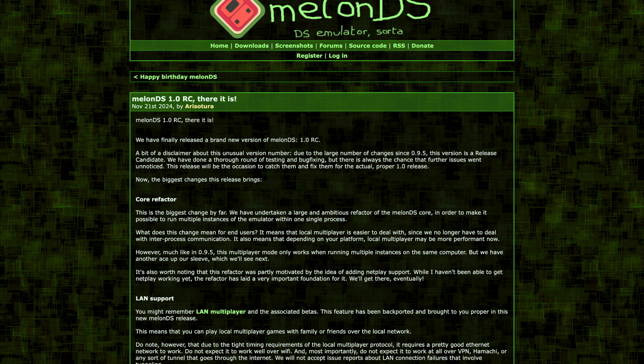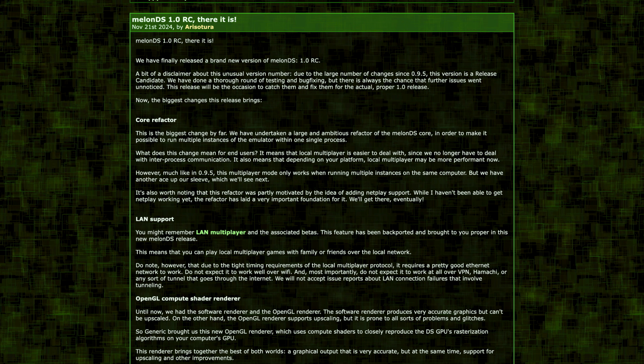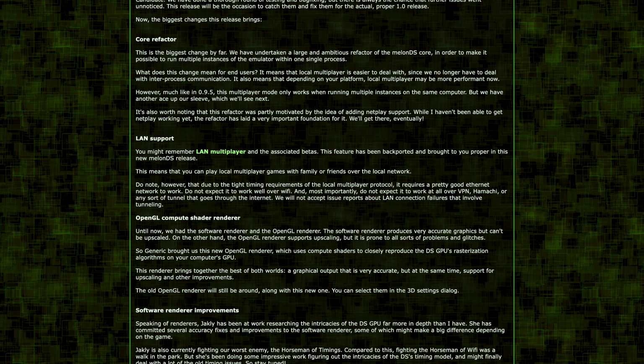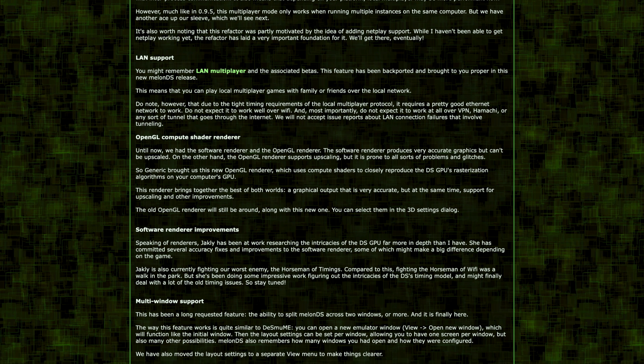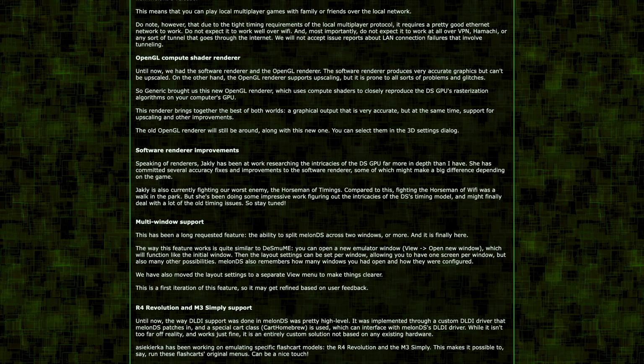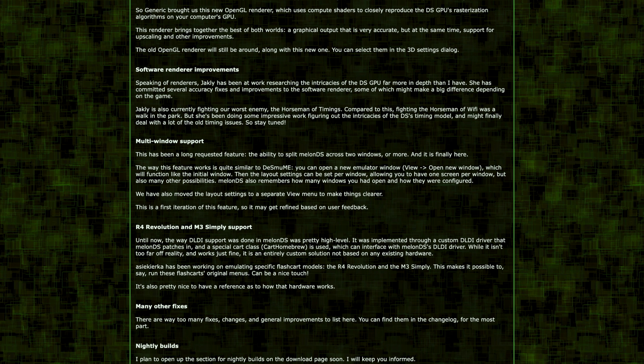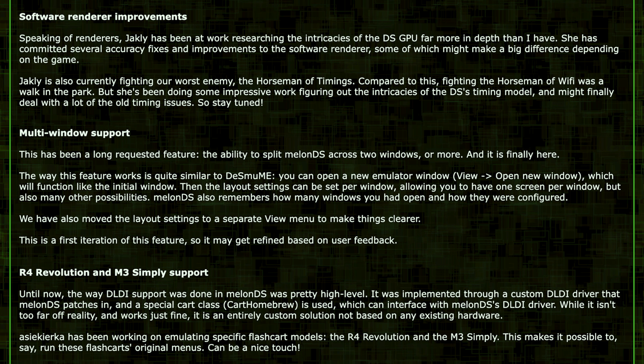After months of waiting, MelonDS has finally released its massive 1.0 update. This update comes with large improvements to rendering, audio, and general usability. But perhaps more crucially to a dual-screen gaming nerd like myself, multi-window support. Yes, that's right. Finally, there's an easy method to play DS games dual screen outside Android and iOS without a